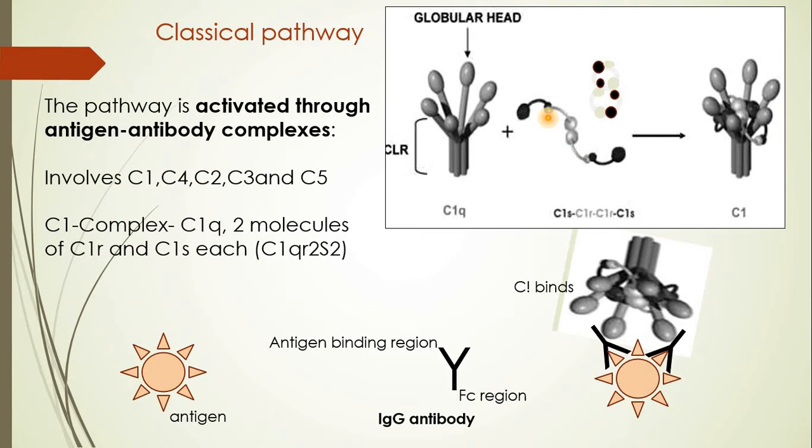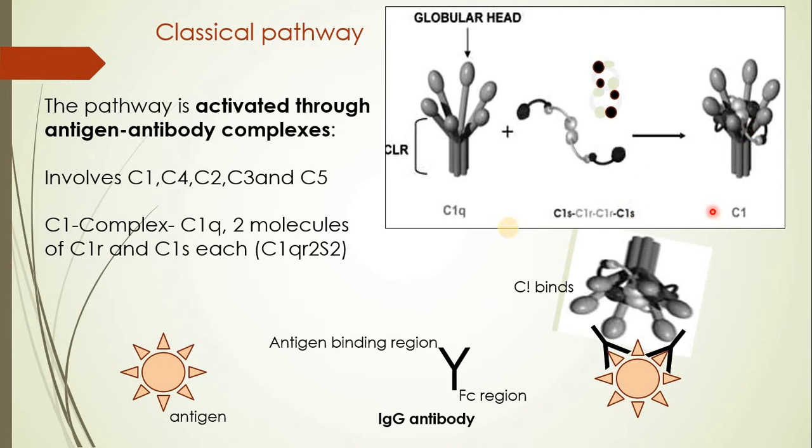Now this C1s and C1r are always seen in association with one another and give rise to a figure 8. When it is seen in a figure 8 like structure, it is the active form, and this figure 8 is always seen linked with the knobs of the C1. So now in the complete complex, you can see the association of C1 which includes the stalk and the knob along with two molecules of C1r and two molecules of C1s. Now this is the active form of the C1 complex, you can say.